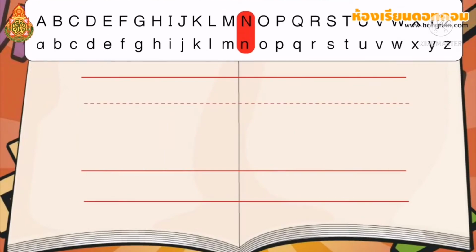ต่อไปมาดูการเขียนตัวอักษรอีก13ตัวนะคะ เริ่มตั้งแต่ตัว N ถึง Z ค่ะ